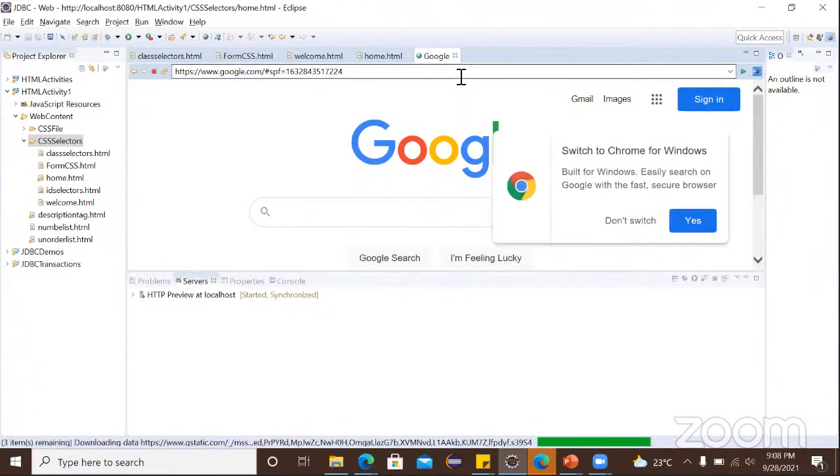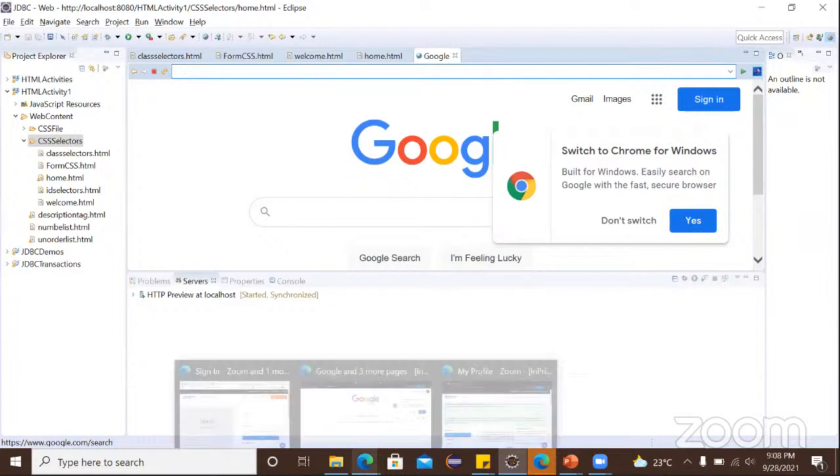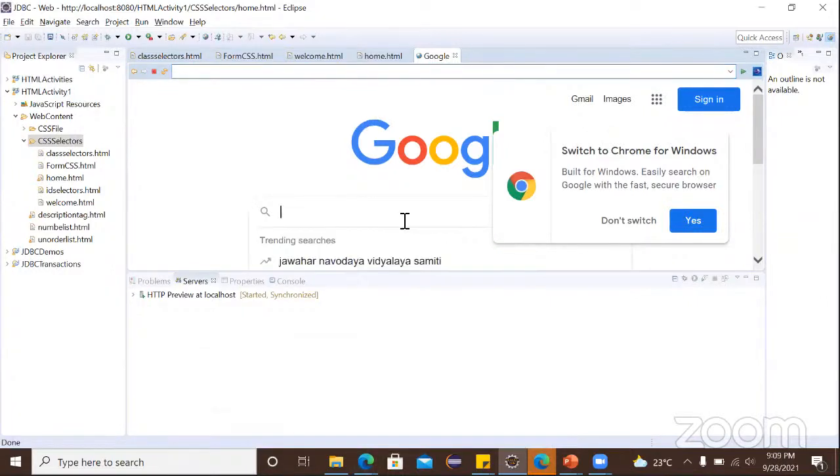So for any web application, if you want to redirect to any web application, then we can go ahead with the link. We can use that link. I don't know the ExcelR website. Okay, so here you can,